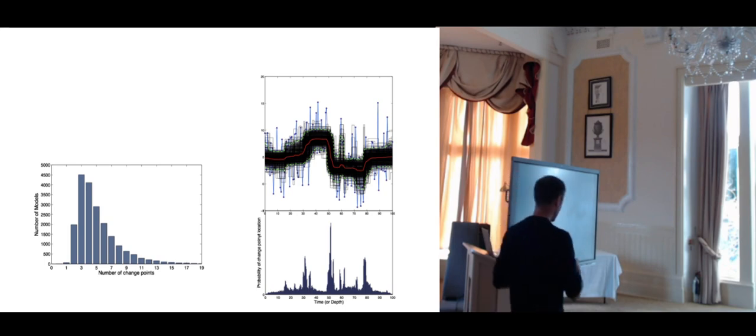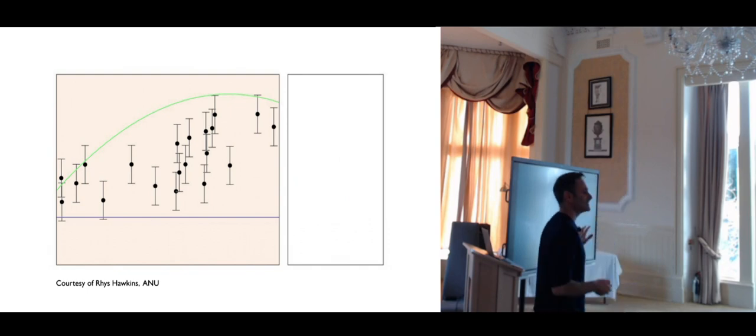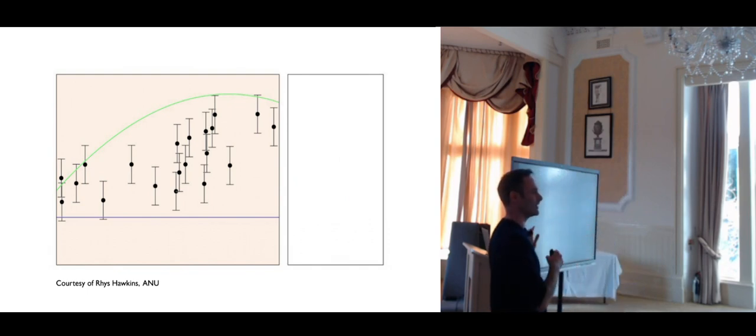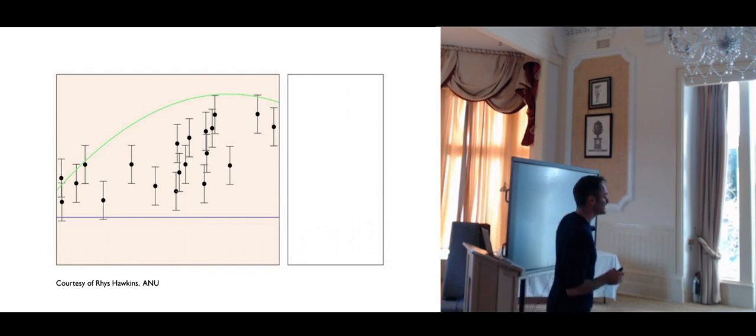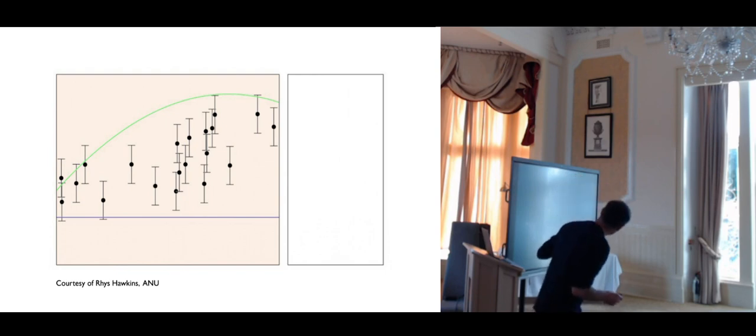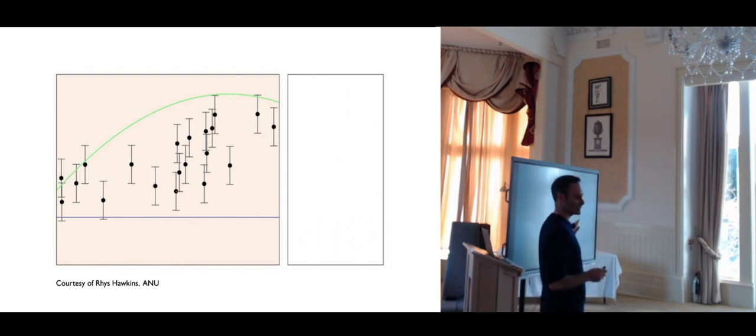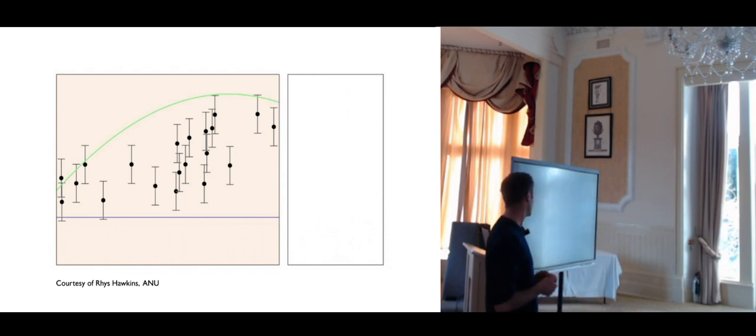Now I'd like to show you also another example. This is also a regression problem, but now we are trying to fit a polynomial. And the question is, from this data set, where we know the noise, should we fit a constant, or a linear function with 2 parameters, or a quadratic function with 3 parameters, or a cubic, and so on. We don't know the order of the polynomial that we would like to use.